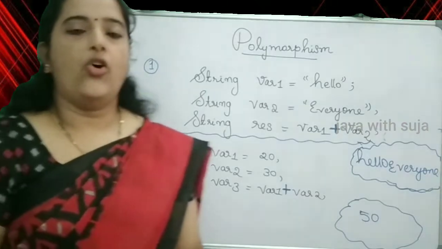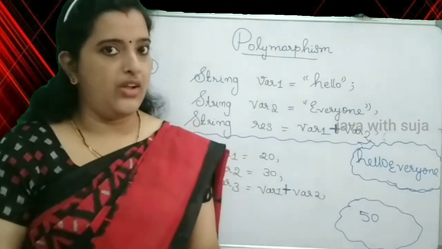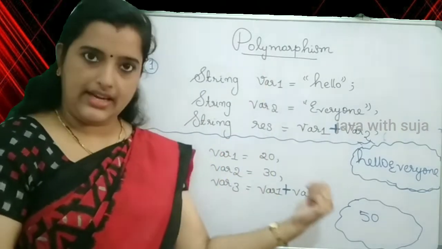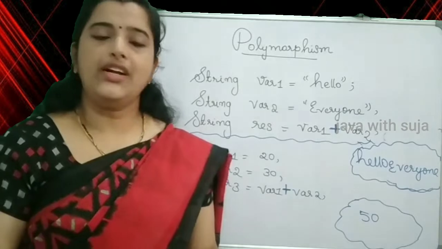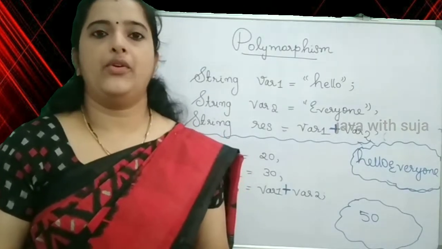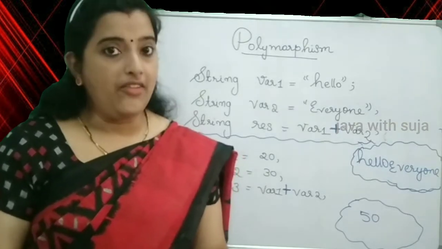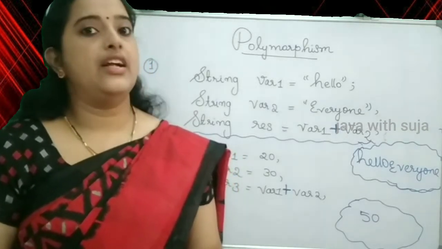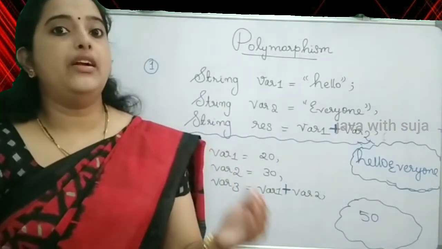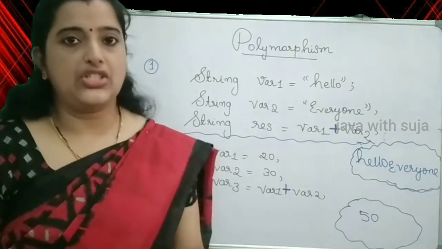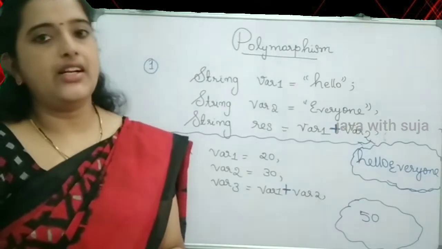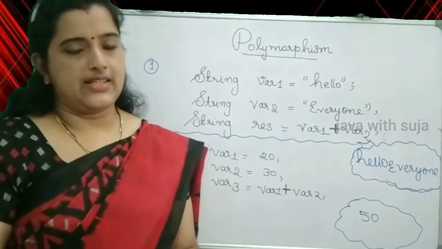Similarly, we can overload methods. Method overloading is used to implement polymorphism, like operator overloading. So what is method overloading? Method overloading means in our Java program we can have the same function name with different argument lists. I repeat once again, multiple function definitions with the same function name is known as method overloading. So let us see this concept in detail.